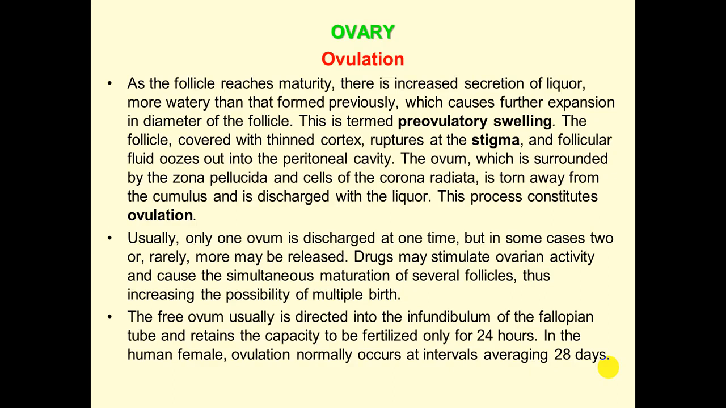Sometimes some drugs may stimulate ovarian activity and cause the simultaneous maturation of several follicles, thus increasing the possibility of multiple births. Some hormones which are used for the treatment of the woman, some other manipulations, but multiple births are rare cases, and statistics tell us how many women can have